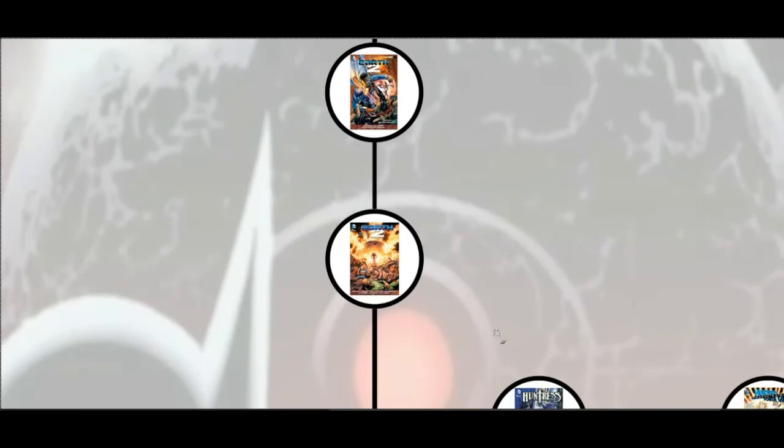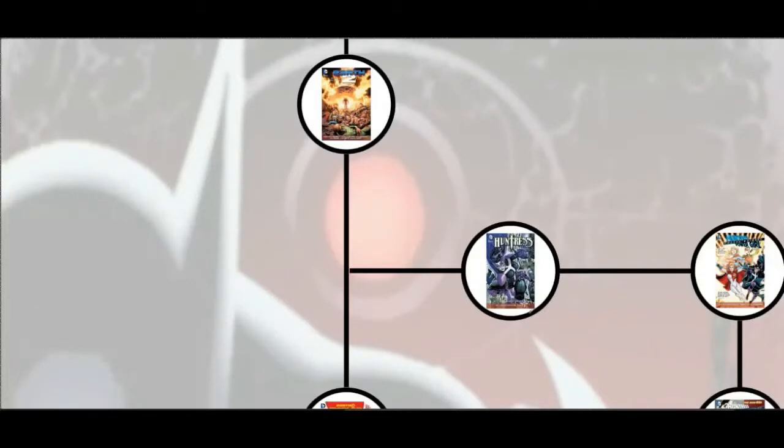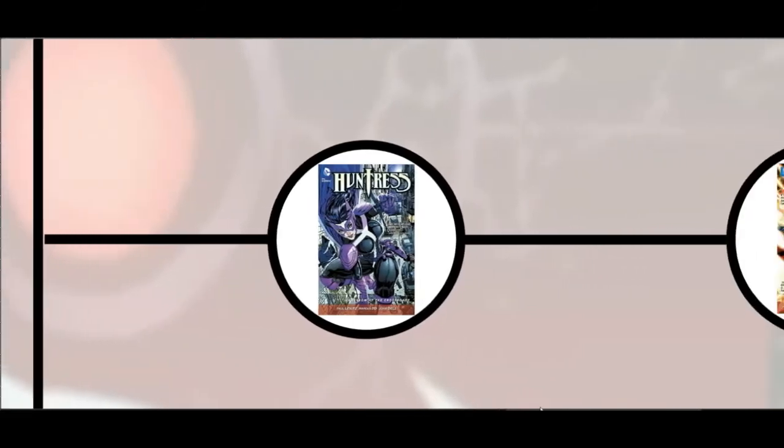So with that out of the way, I'd recommend that we pull back a little bit and turn our attention to this little diversion that I have here. This is 2011's Huntress series, which many people had no idea was set in this Elseworlds universe. This 6-issue miniseries is written by Paul Levitz, and despite some great art, it's pretty underwhelming. However, whilst the story itself seems to be initially set in the standard New 52 universe, the last few pages of the last issue suddenly reveal that it's set in this alternative universe all along, and actually leads us smoothly into